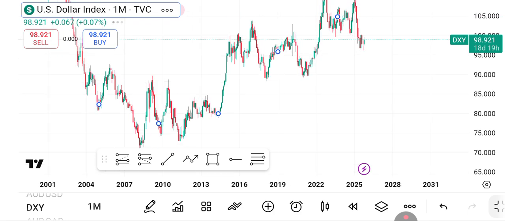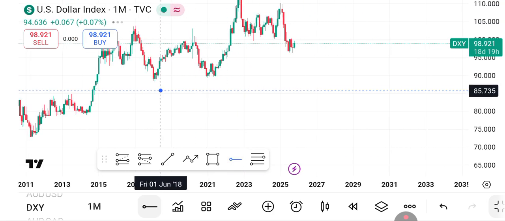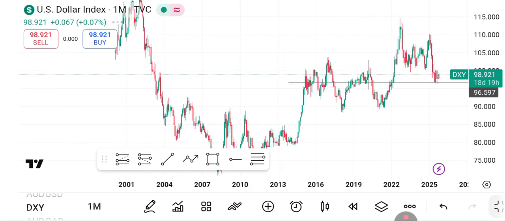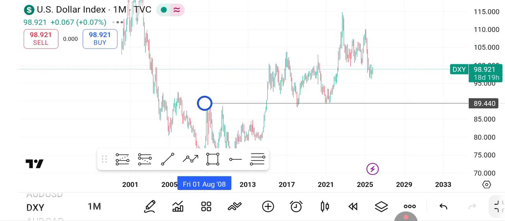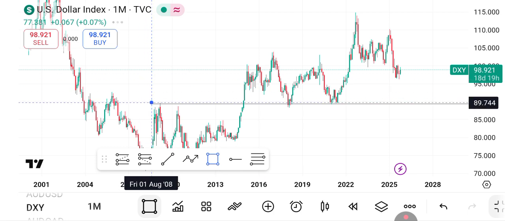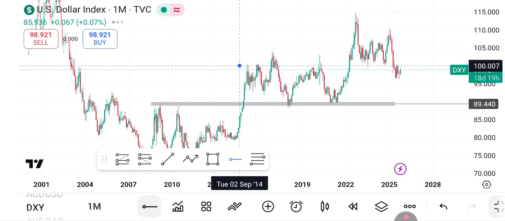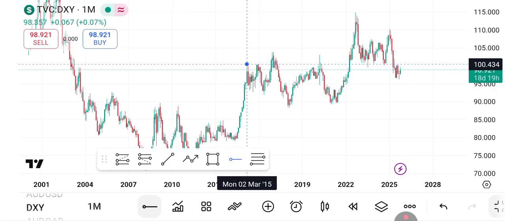So as you guys can clearly see, we are on a monthly time frame of the US dollar index. First things first, we are going to mark our support that was respected multiple times by the US dollar index. Now that we have marked our support, we are going to mark another support that was flipped into a resistance by the US dollar index after it failed to respect the setup but decided to break out and then